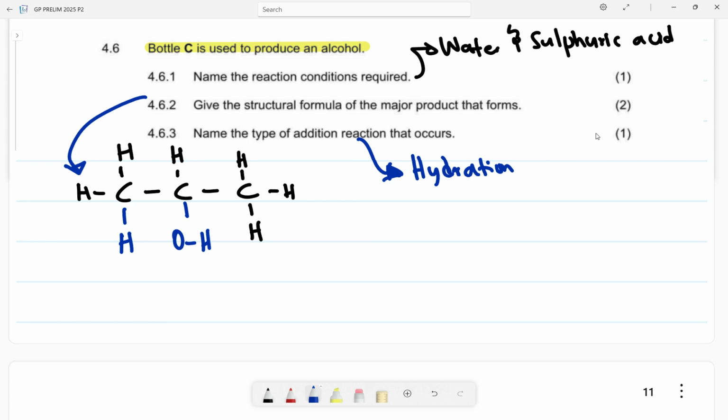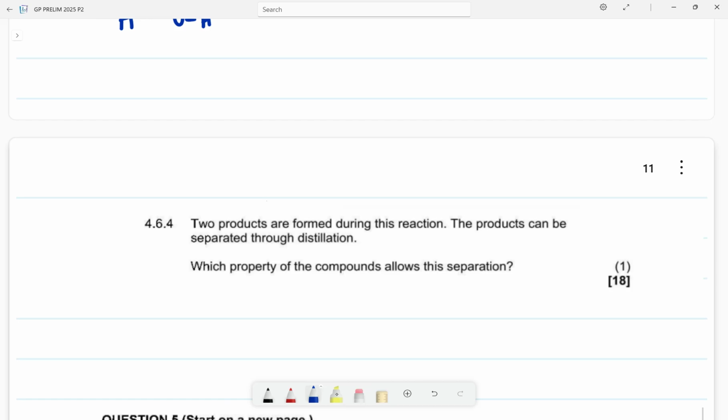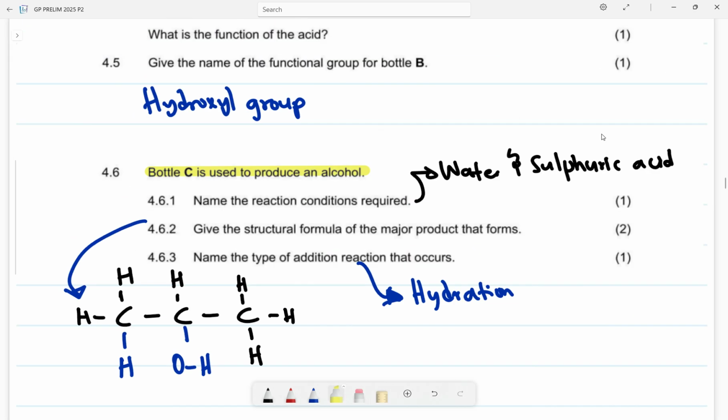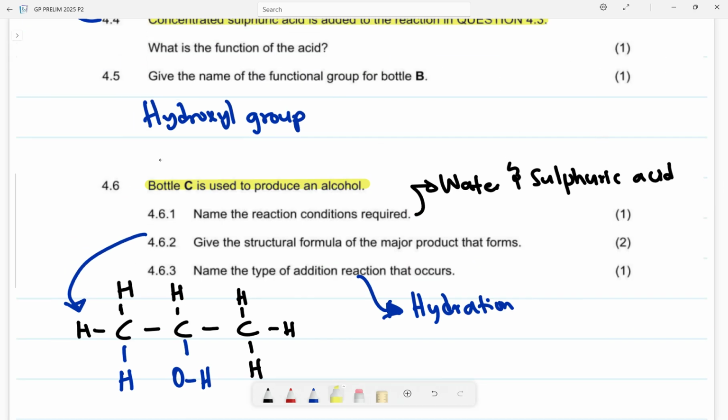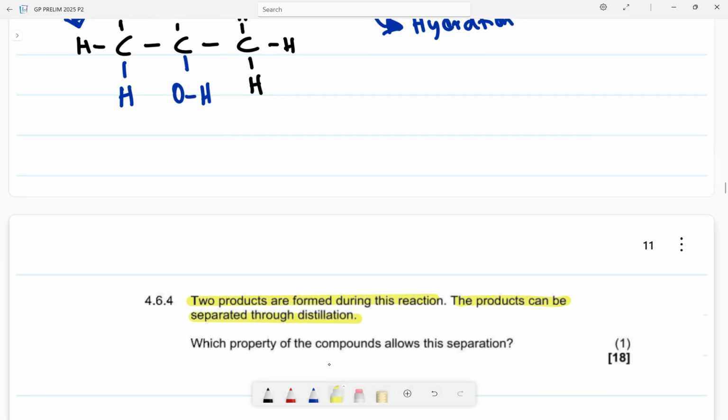Okay. And then the last question, two products are formed during this reaction. The products can be separated through distillation. Okay, which reaction are we talking about, basically? Oh, okay, this one, where bottle C is used to produce alcohol. Then they say through distillation. Okay, distillation, remember, it is where we are taking out gases. The distillation process is the process